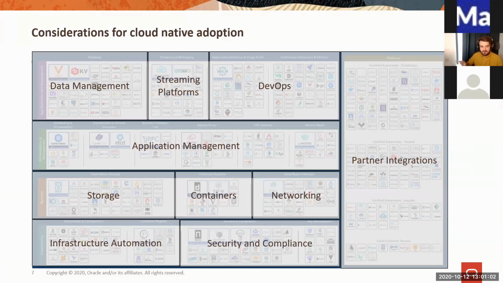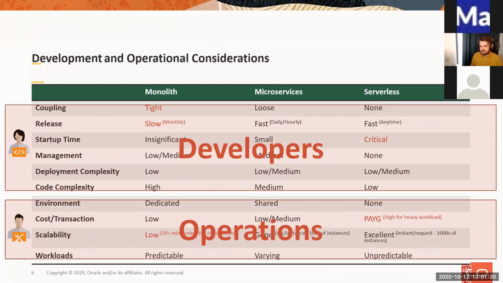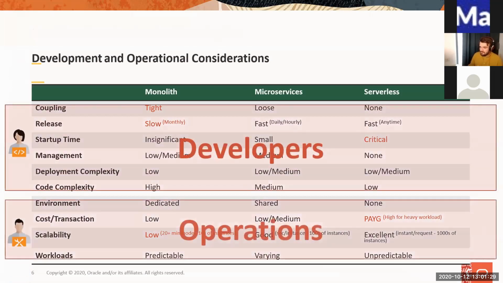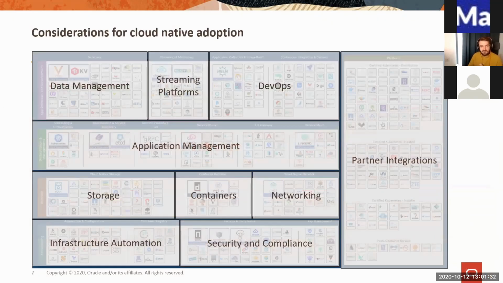So, cloud native applications. What you have in front of you is the CNCF Landscape. You can see here that when CNCF appeared several years ago, there was initially one project, right? Kubernetes. Right now, there are a lot of services. So getting back to the previous slide, we were saying that the management and the deployment complexity can be low to medium, and even the code complexity, again, can be medium. That's because there are a lot of tools on the market nowadays which allow you to build your applications.